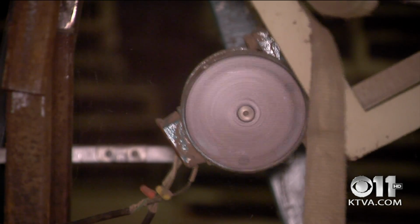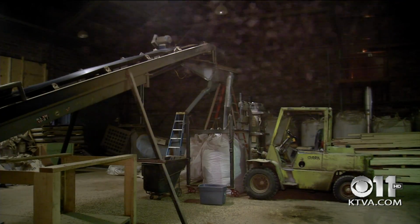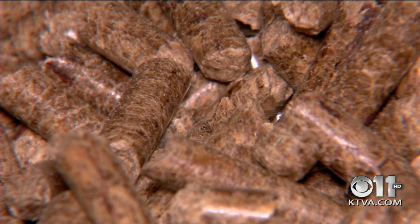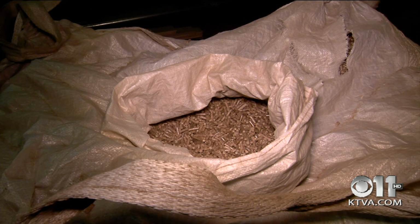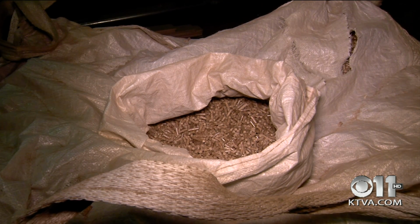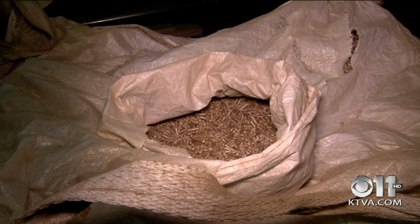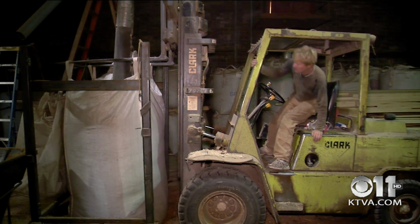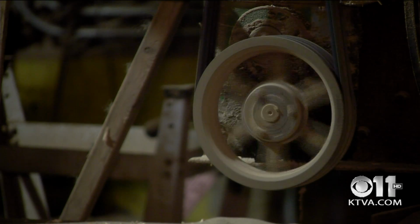One of the biggest hurdles for a pellet mill is the limited number of buildings and houses that have a pellet fuel appliance, but the numbers are increasing. 5 years ago, I could count every facility that was using pellets on one hand, and today I can't keep track of all of them. It's really starting to take off. The Forest Service says the demand for pellets needs to increase by more people converting their heating systems before another mill can begin operating. Jackson says his pellet machine is only operating at 10% capacity and doesn't make him much